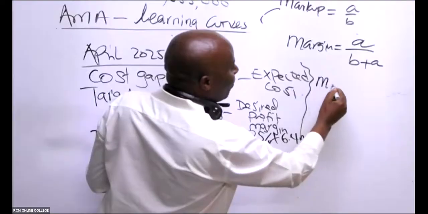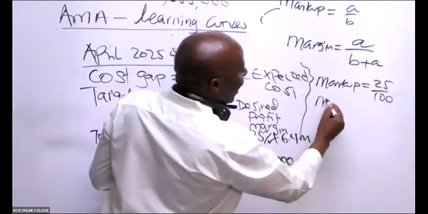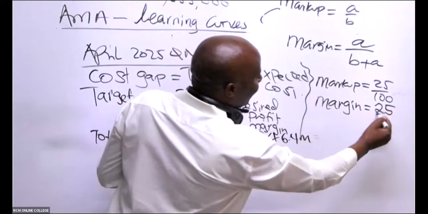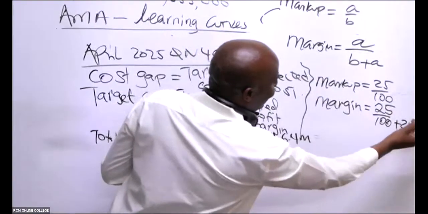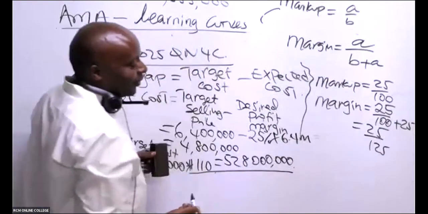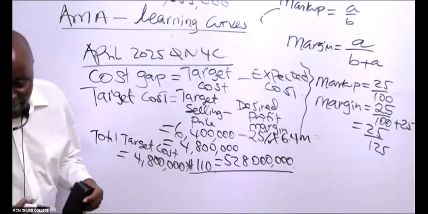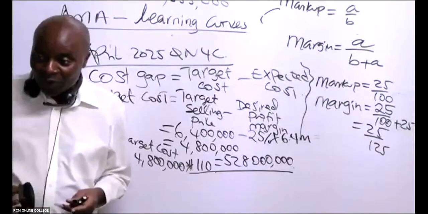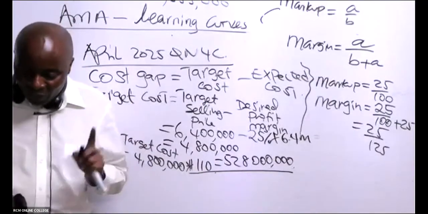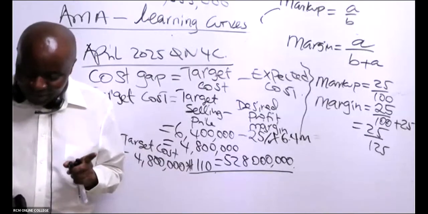So when they tell me that markup is 25 over 100, then I know. Kwa Kiswahili nasema kwamba imagine, you say plus what here, somebody? So it will be 25 over what here, somebody? 125. 25 over 125, which will be the same as 1 over 5. So up to there, are we really together? Yeah, please never forget. Kwa Kiswahili wanasema kwamba margin iko na makalio makubwa. Margin. So hapana sahau.